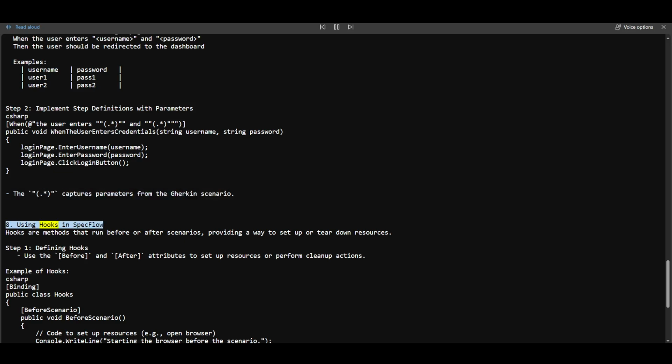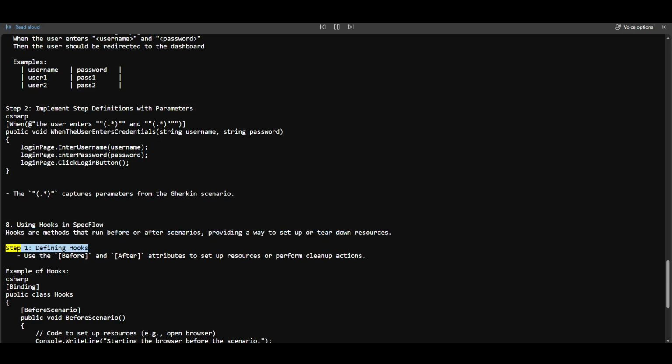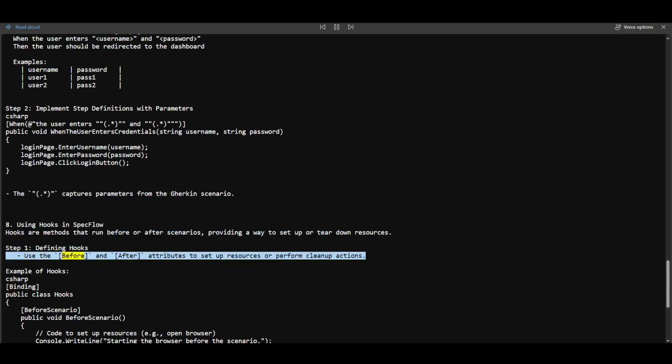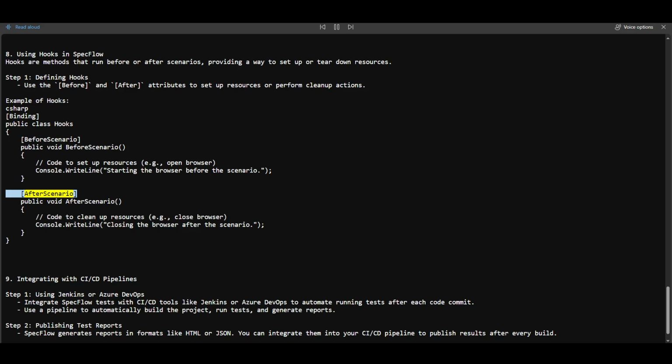8. Using hooks. SpecFlow hooks are methods that run before or after scenarios, providing a way to set up or tear down resources. Step 1. Defining hooks. Use the Before and After attributes to set up resources or perform cleanup actions. Example of hooks: [Binding] public class Hooks. [BeforeScenario] public void BeforeScenario() // code to set up resources, e.g. open browser. Console.WriteLine("Starting the browser before the scenario"); [AfterScenario] public void AfterScenario() // code to clean up resources, e.g. close browser. Console.WriteLine("Closing the browser after the scenario");